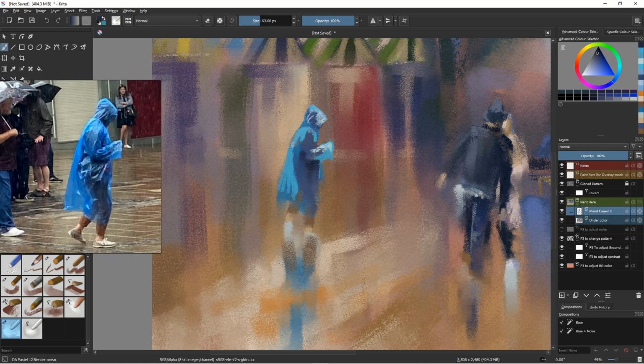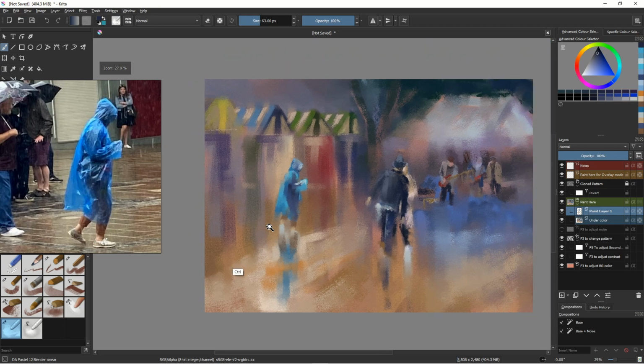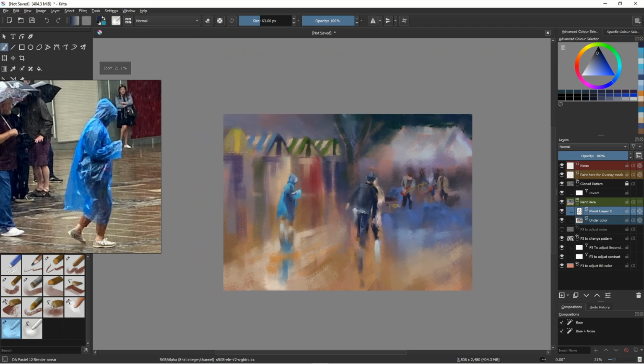Might change the size of this in a bit. You've got to make it look like it's part of the painting and not painted on the painting as well. That's kind of important. I think that's looking better. Yeah, I want it closer. I need it closer to the